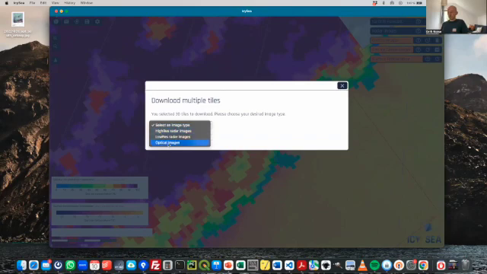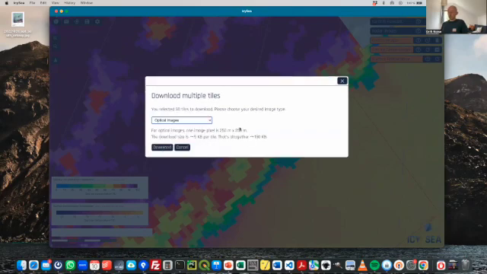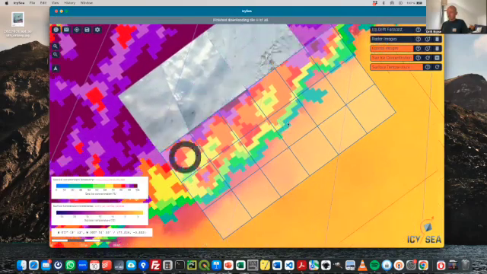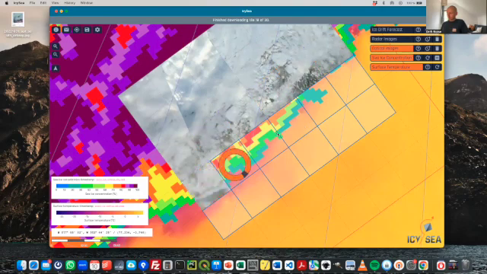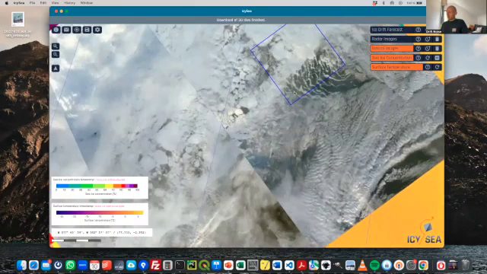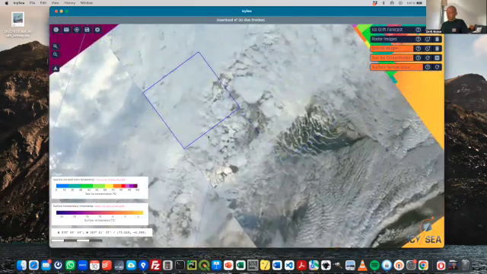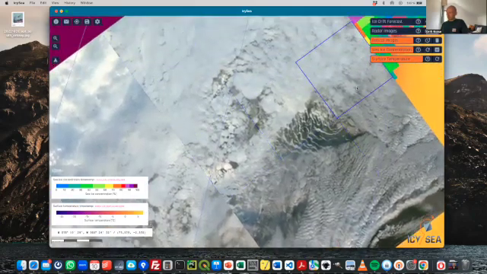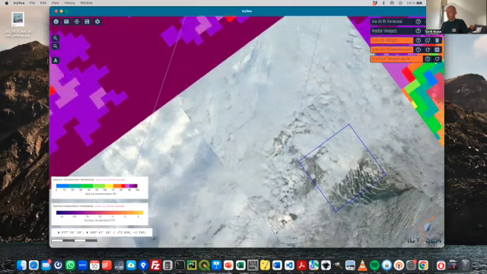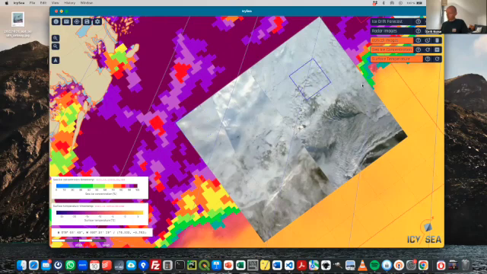So I can start with the optical image, for example, it tells me how many tiles, and then I can download those and look at what's going on here. And again, this is somewhat obstructed by cloud cover, but you can still see ice floes through. There's a lot of clouds in those images, but you also get some idea of the ice underneath.